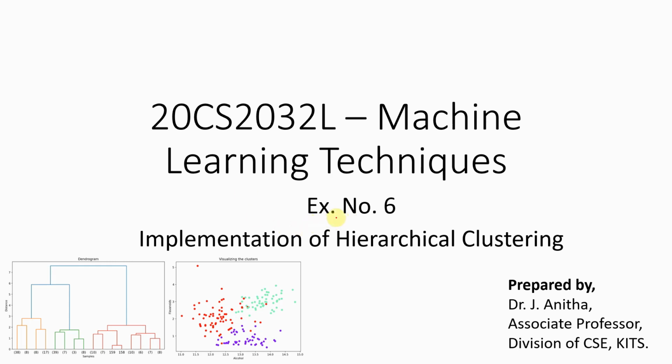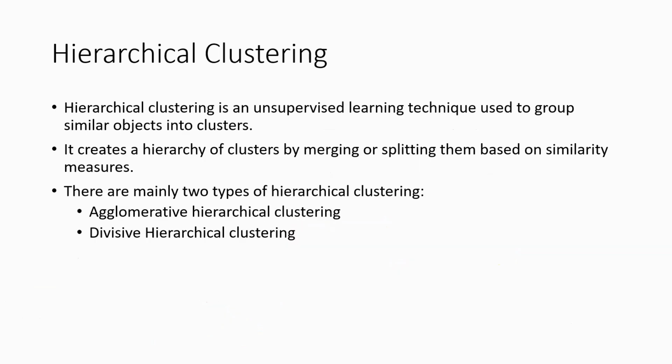Dear students, in this video we are going to see experiment number 6, implementation of hierarchical clustering for the course 20 CS 2032 Machine Learning Techniques Lab. Hierarchical clustering is a category of unsupervised learning algorithm which is mainly used to group similar objects into a cluster. And hierarchical clustering creates a hierarchy of clusters by merging or splitting the data based on the similarity